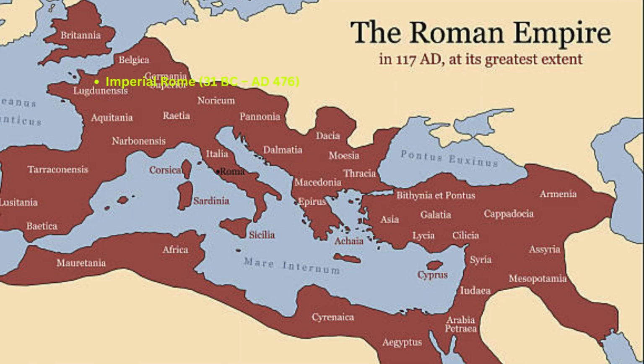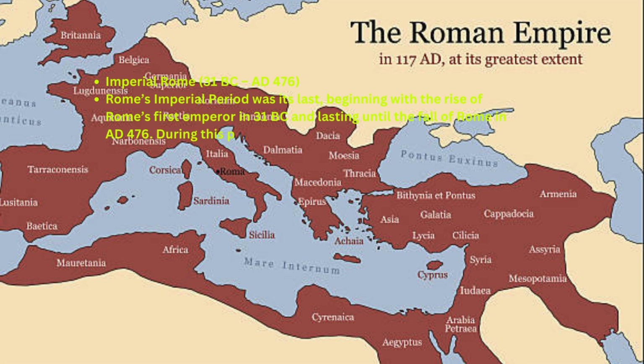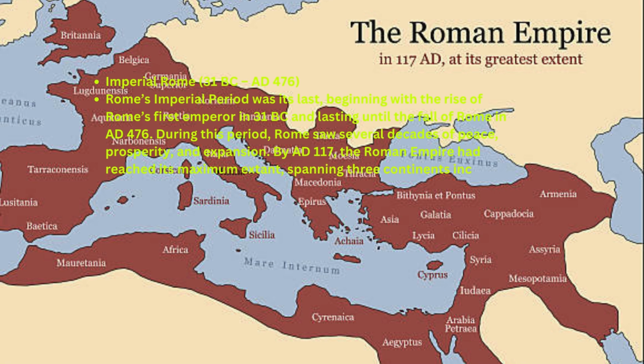Imperial Rome, 31 BC to AD 476. Rome's imperial period was its last, beginning with the rise of Rome's first emperor in 31 BC and lasting until the fall of Rome in AD 476. During this period, Rome saw several decades of peace, prosperity, and expansion. By AD 117, the Roman Empire had reached its maximum extent, spanning 3 continents including Asia Minor, Northern Africa, and